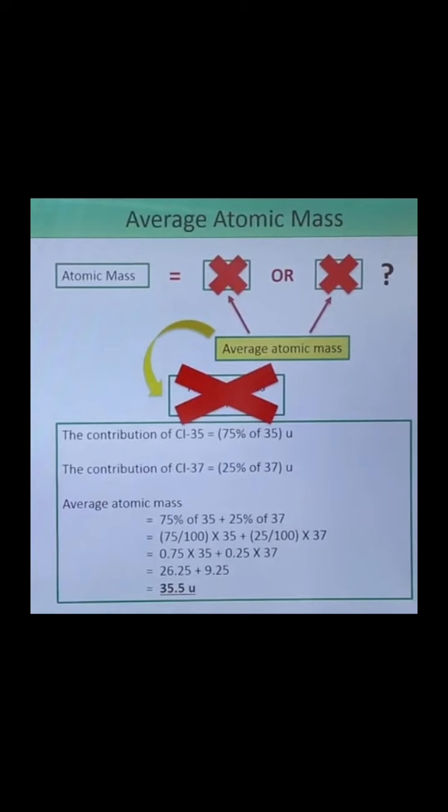When an atom has no isotope, we can just take its mass as the sum of the number of protons and neutrons. But whenever an element has isotopes, we have to take the average atomic mass of all the isotopes and consider it as the mass of that element.